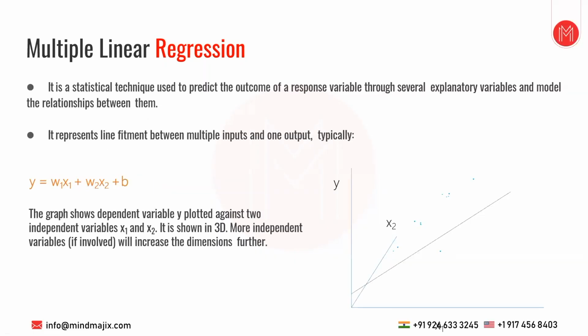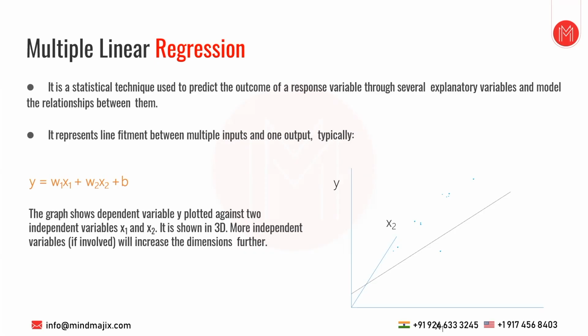So what is multiple linear regression? Multiple linear regression is also known as MLR, and also known as multiple regression. It is a statistical technique that uses several explanatory variables to predict the outcome of a response variable. Multiple regression is an extension of linear regression that uses just one explanatory variable. It is a statistical technique used to predict the outcome of a response variable through several explanatory variables and model